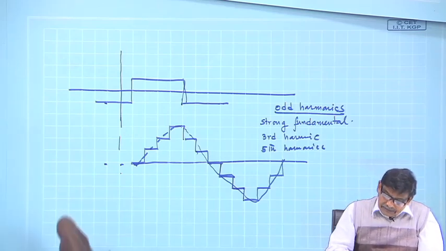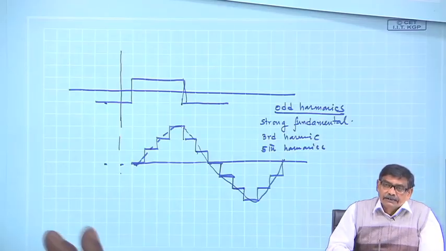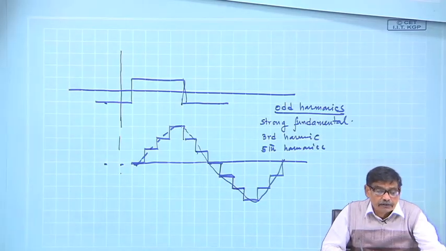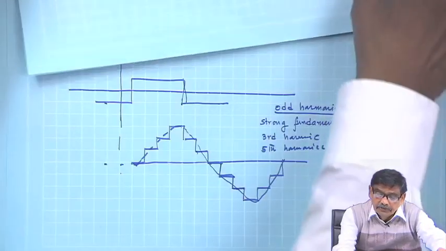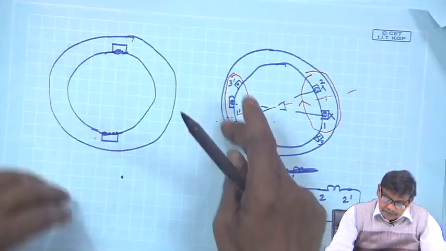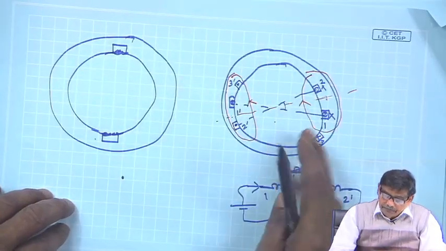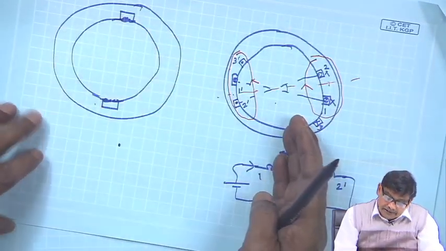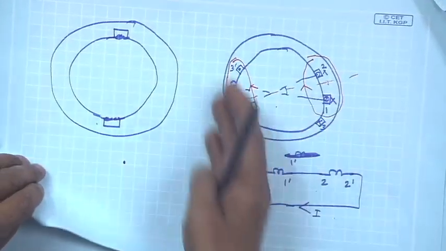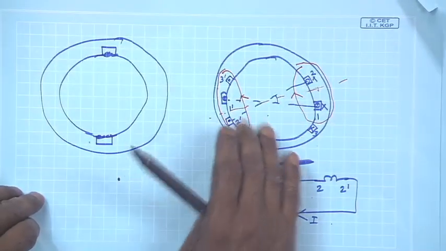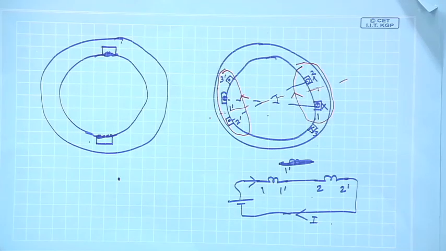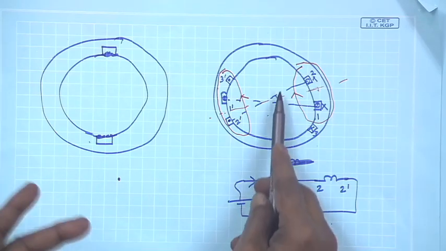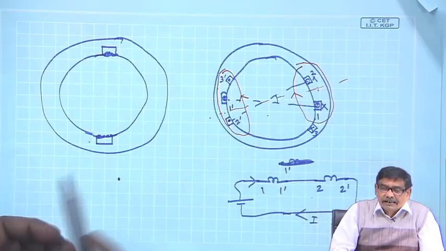Then what is the way out? Way out is, instead of using a single coil, you use several coils to make a group and pretend that this is the single coil. Okay, it produces 2 poles, and the B distribution here will be closer to a sine wave. Later we will see that by disposing the conductors in a particular fashion, that is, this angle should be how much and things like that,